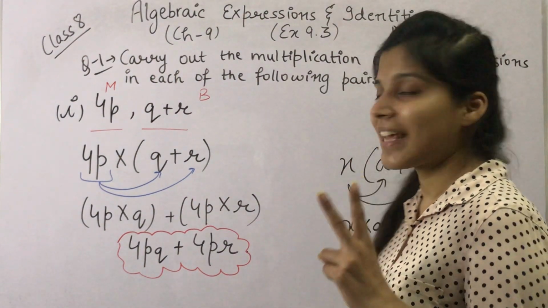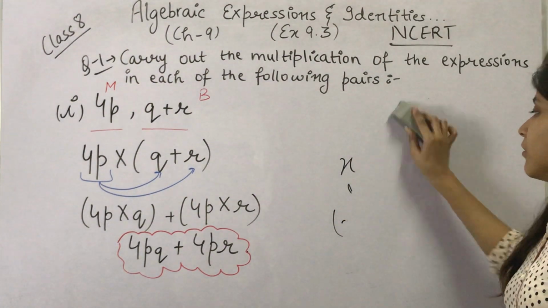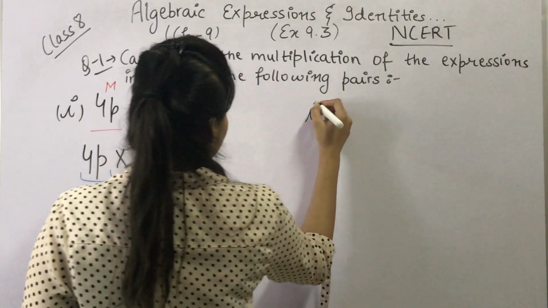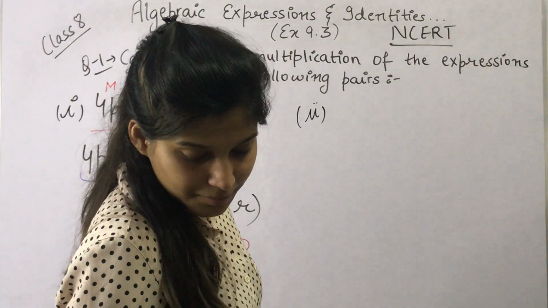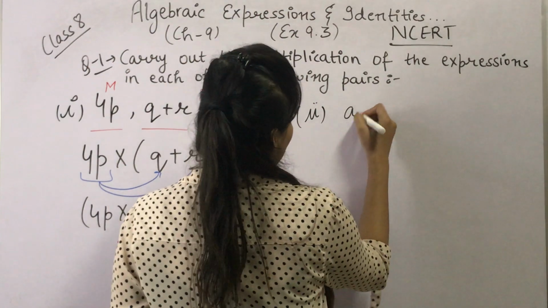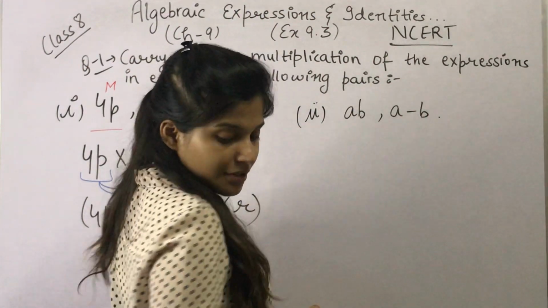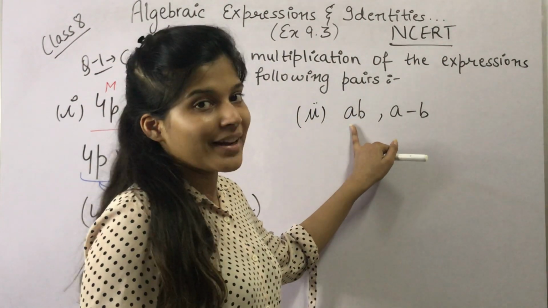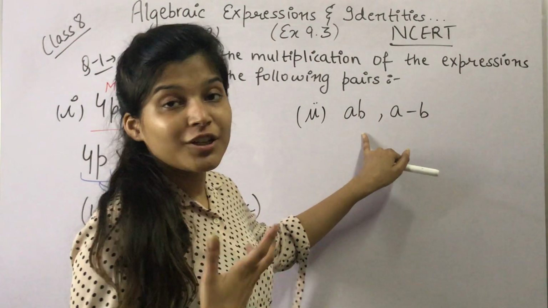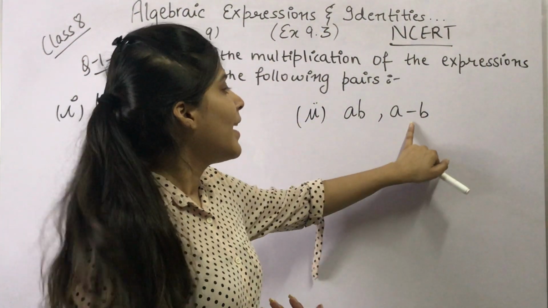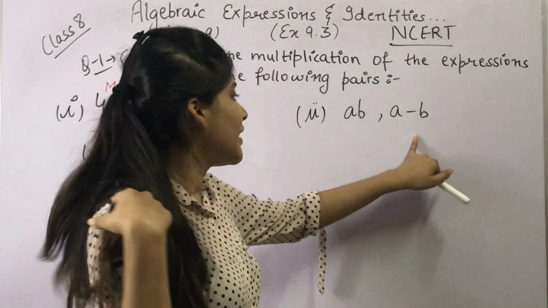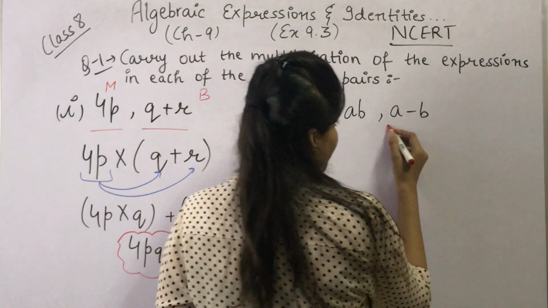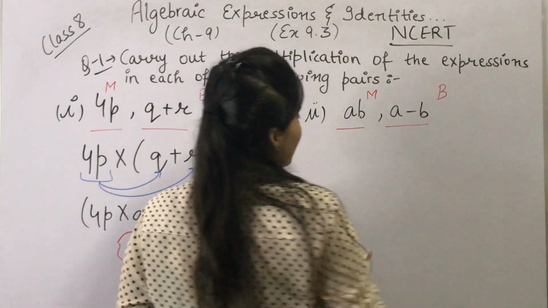Now let's come to the second part. So the second part is AB and A minus B, right? So we have two expressions. This one is a monomial expression. Again, why? Because we do not have any operation in this, no plus or minus sign. And in this we have one minus sign. It means A and B are separate terms. These are two terms. That means it is a binomial expression, and this is a monomial expression.